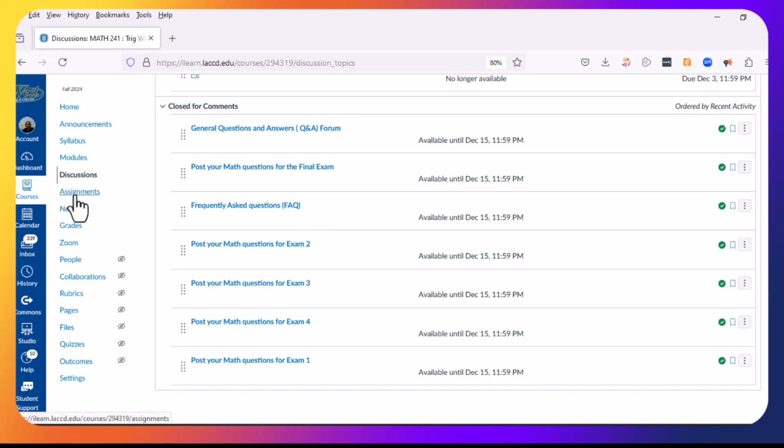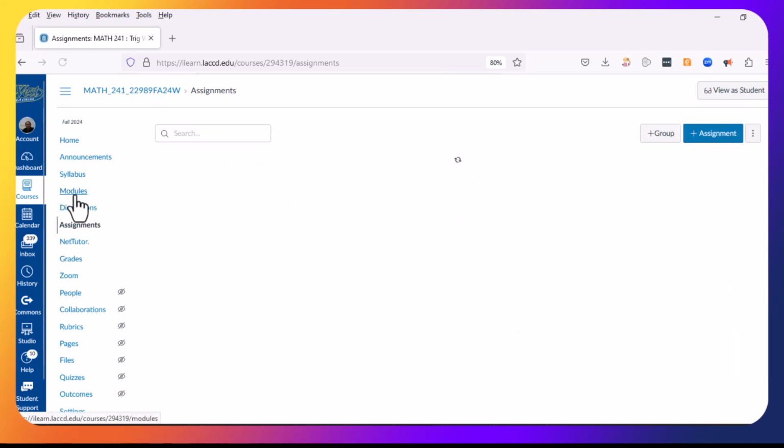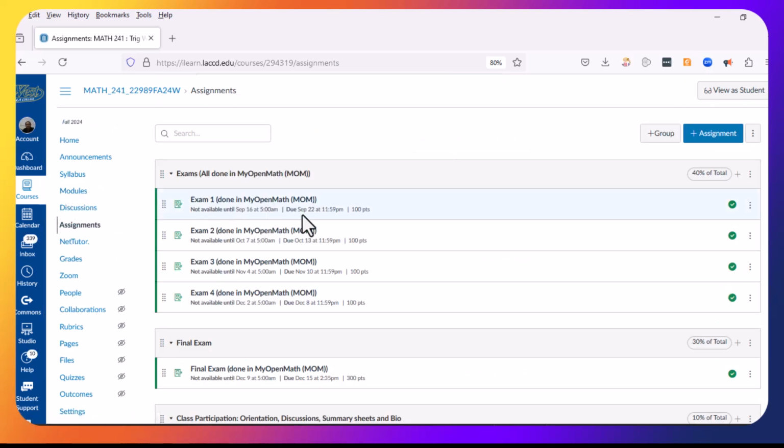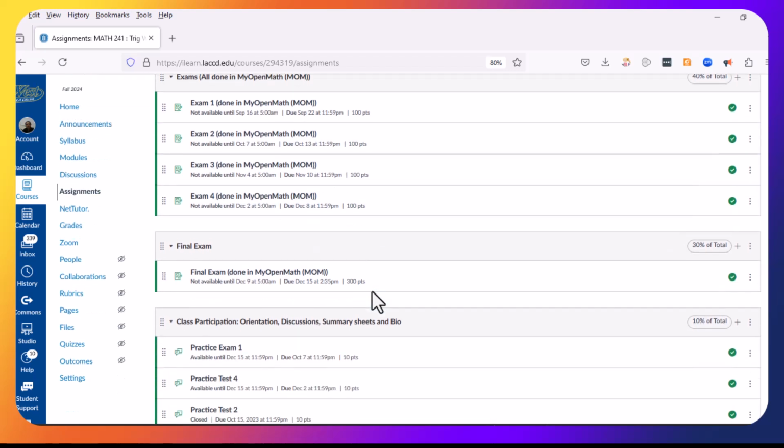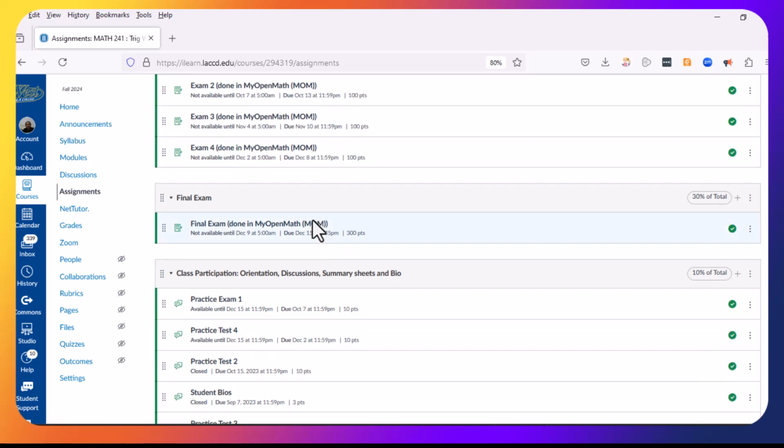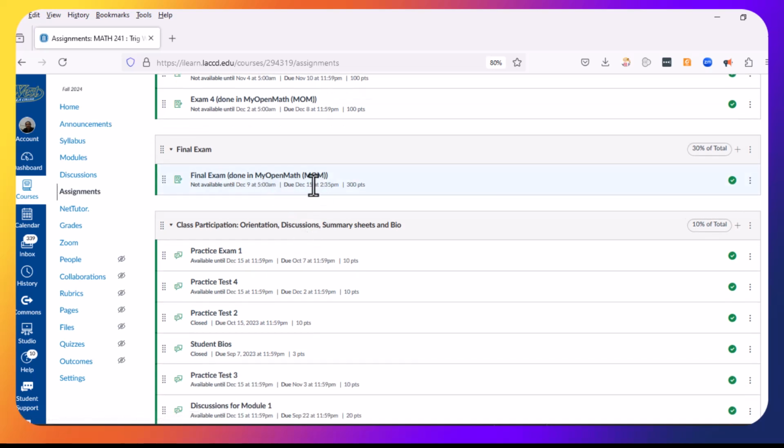So if you click on the assignments link, you would see a list of the assignments for this class, and the points set aside for each of these activities. You would receive 100 points for each of the tests that you complete in MOM. The dates that these exams are going to be open are under the class calendar in the syllabus. The final exam, the same way, you complete online from MOM,